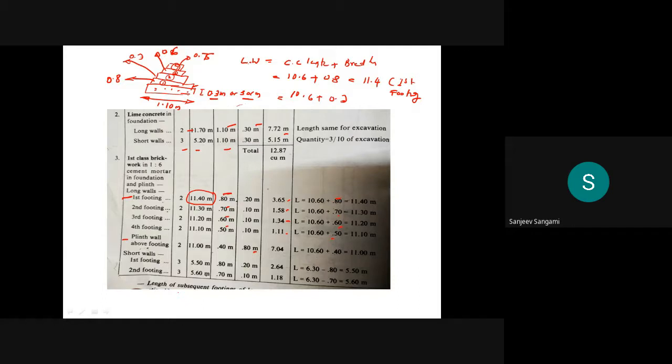Remember, very important things here. Most of the students will go wrong here. What they will do is that even the first footing also will continue for all two walls, and the second footing also it will be two, third it will be two, other side and this side it will continue. Fourth footing also, because one layer always will be there, that much breadth of thickness always will be surrounding those two walls. Similarly, for short walls you have 3. Then similar calculations you can do.